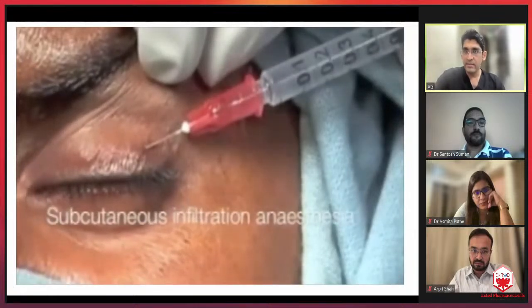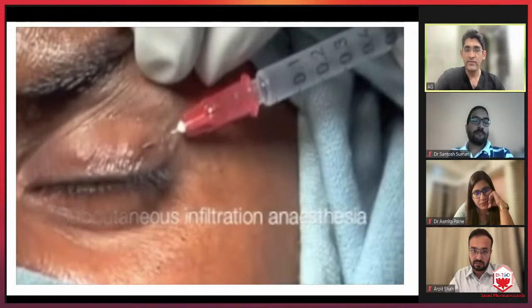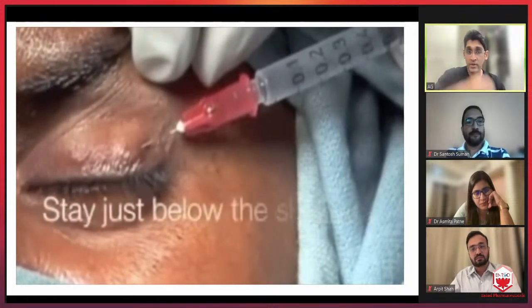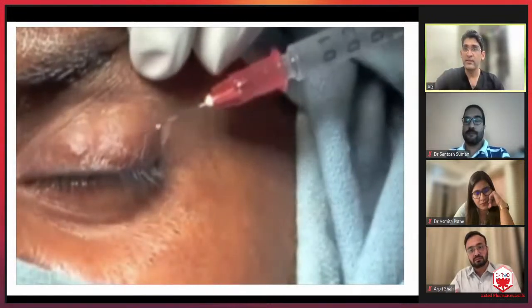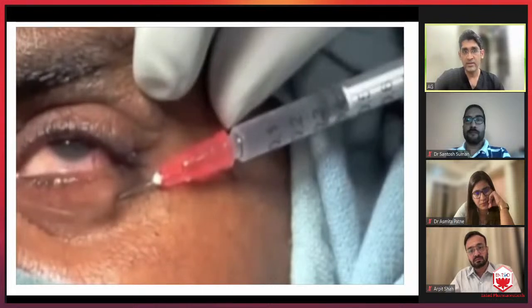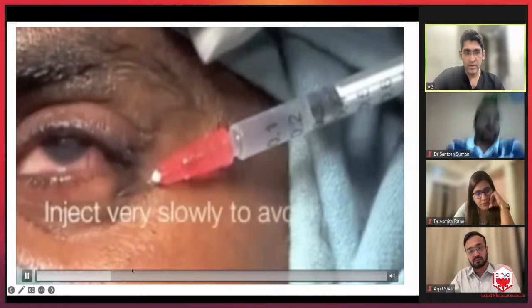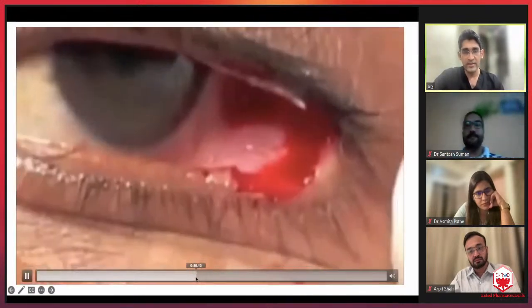Anesthesia is fairly simple. You need to infiltrate around 1 to 2 cc in each eyelid. You can infiltrate along the skin side and also in the conjunctiva, because sometimes just infiltrating at the skin will not take care of the sensitivity of the conjunctiva and the ocular surface. So you can evert the eyelid on a Desmarres retractor and slowly inject along the conjunctival side as well for complete anesthesia.